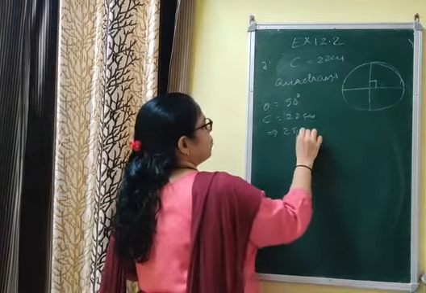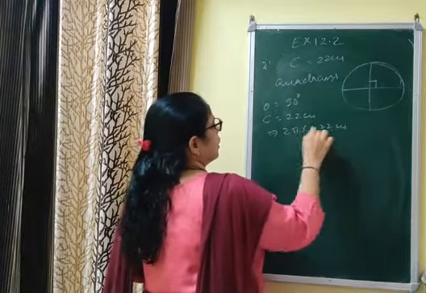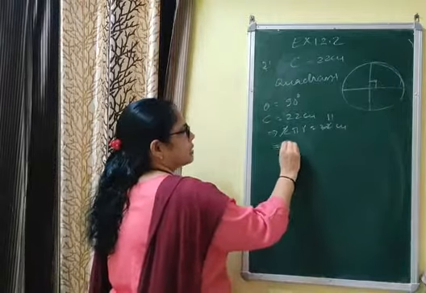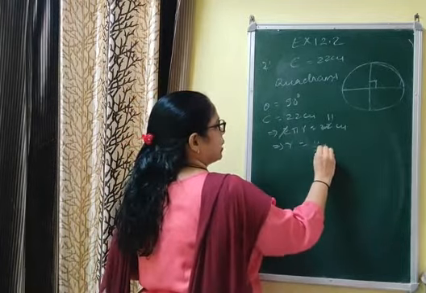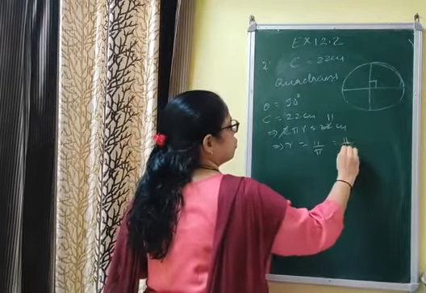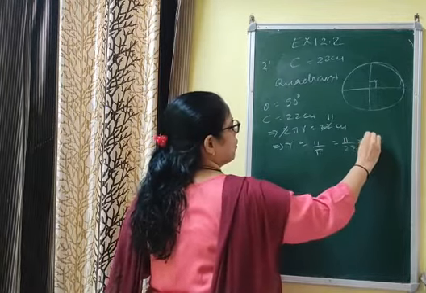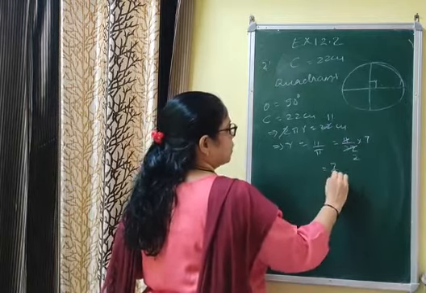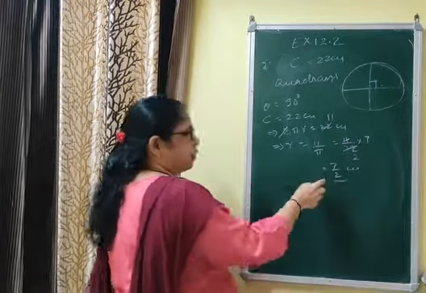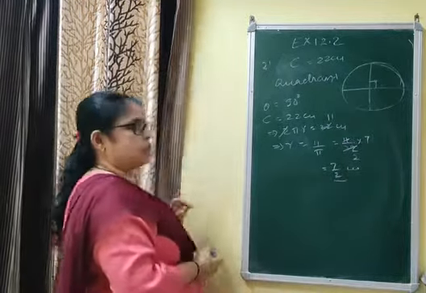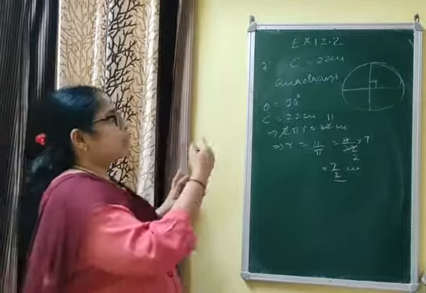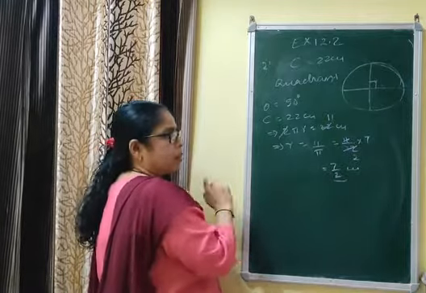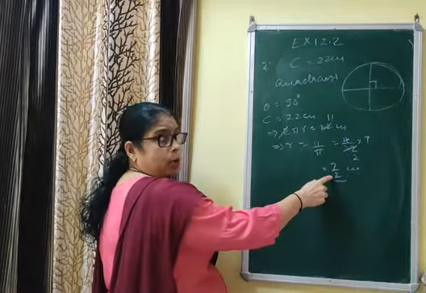C means 2 pi r is equal to 22 centimeter. Now see, you can cancel directly. 2, 22, 11, implies r is equal to 11 by pi, that is 11 into 7 by 22, 7 in the numerator. That is cancelling, that is 7 by 2. Now see, we got the radius as 7 by 2 centimeters, so you can use the value of pi in the formula of sector area as 22 by 7, since it is a multiple of 7 by 2.